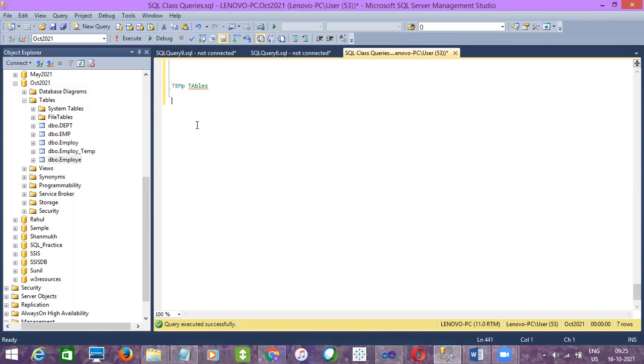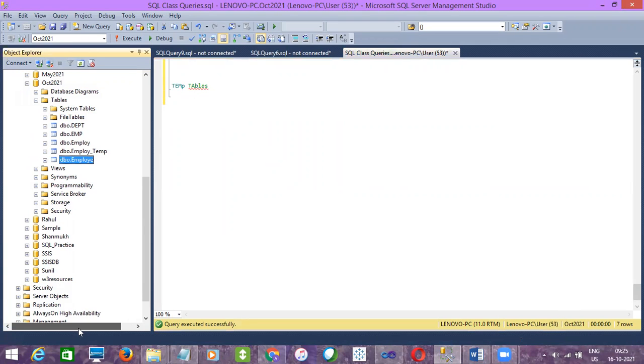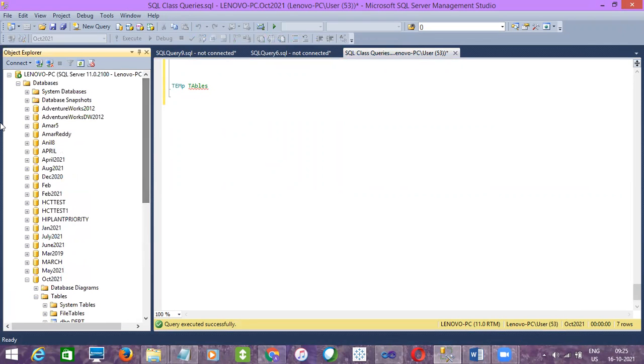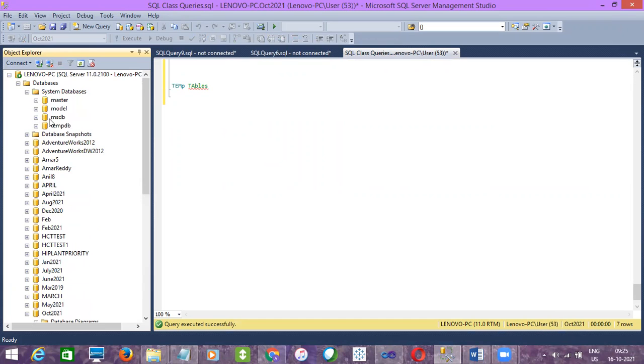Temp tables are also physical tables within a database, and they will occupy the temporary database space, not the main database. I showed you initially the system databases: master, model, MSDB, and tempdb. I'll explain whenever the time comes, and now is the time for tempdb.